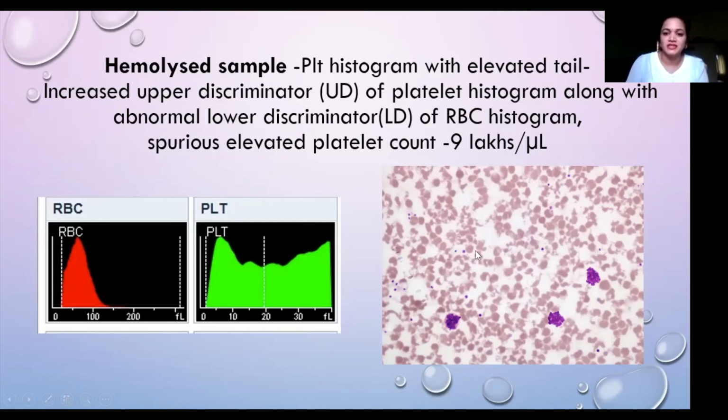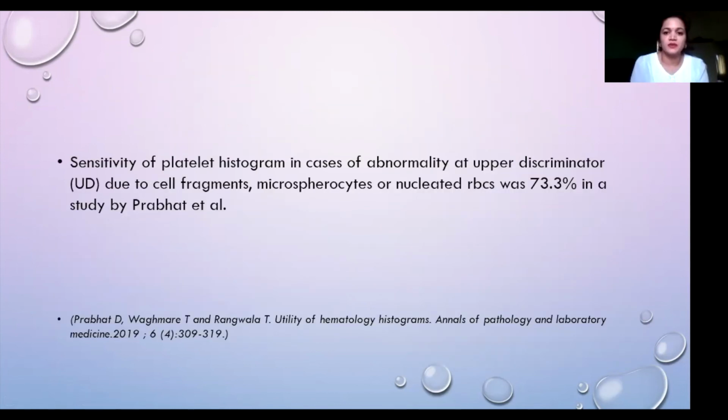Going back to the history, this patient had transported the sample in heat on the afternoon of a day where there was significantly higher ambient temperature, and there was hemolysis of the sample, and all these hemolyzed RBCs were counted as platelets which had given a spurious platelet count of 9 lakhs per microliter. So this was a very useful indicator which was actually identified even before the smear examination was done for this sample.